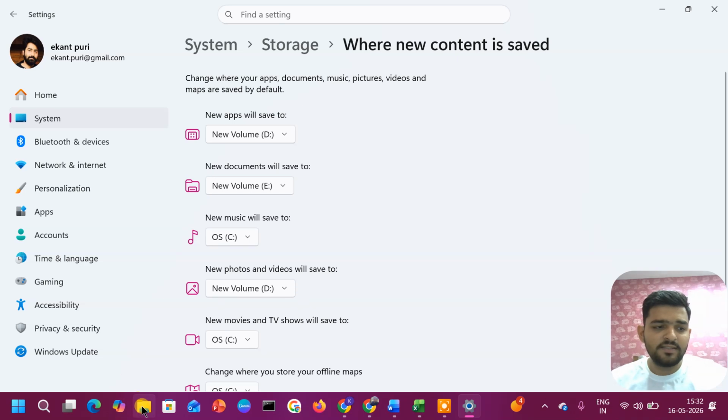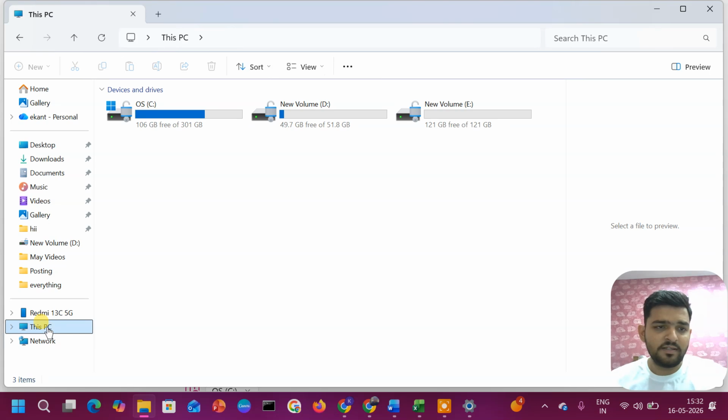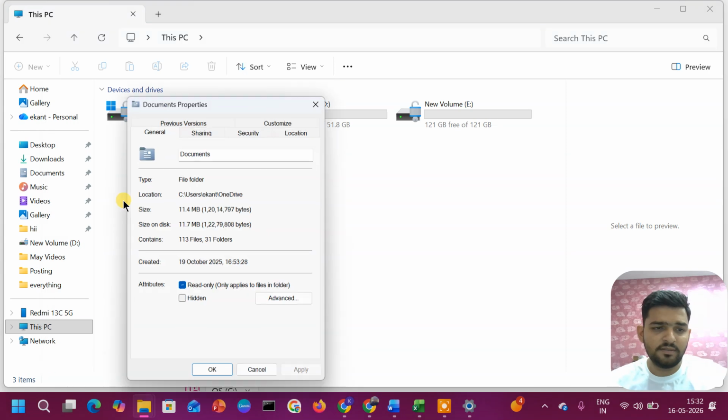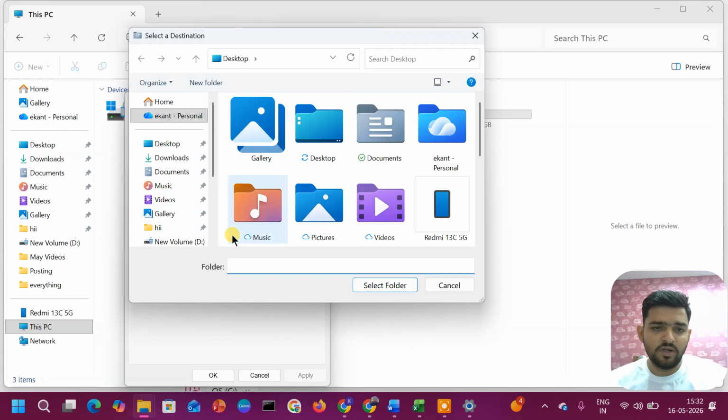Now move existing folders. Open File Explorer and go to This PC. Right click a folder, like I want to move documents, right click on it. Now choose properties. Now tap on locations. Here you will see move. Click on move. Now select a folder on another drive